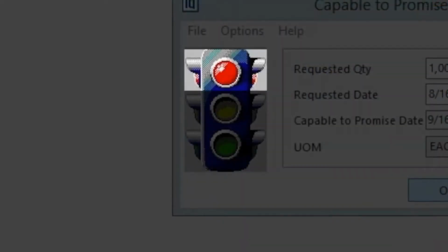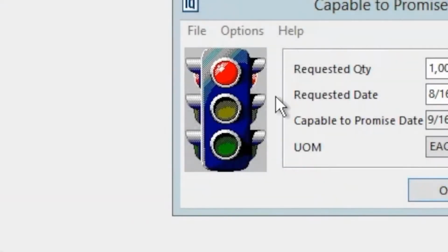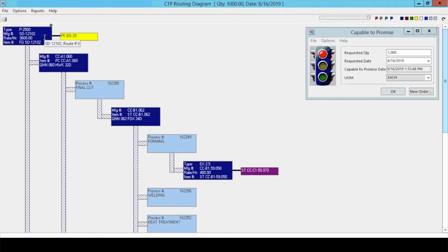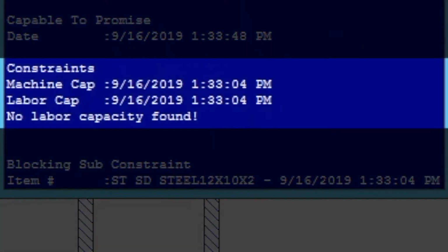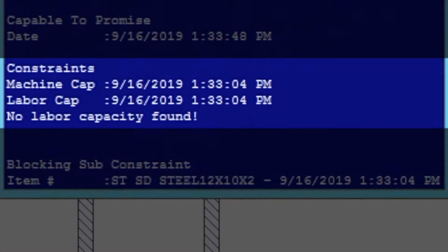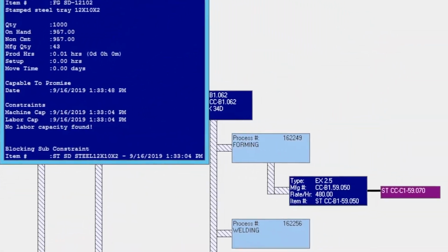If the item were to generate a red light, this means the job will not be completed and shipped to the customer on time as the current constraint stands. The system then shows all of the constraints that are preventing the manufacturing and shipping of this item from taking place in the requested time and allows the customer service employee to take necessary action in order to make it